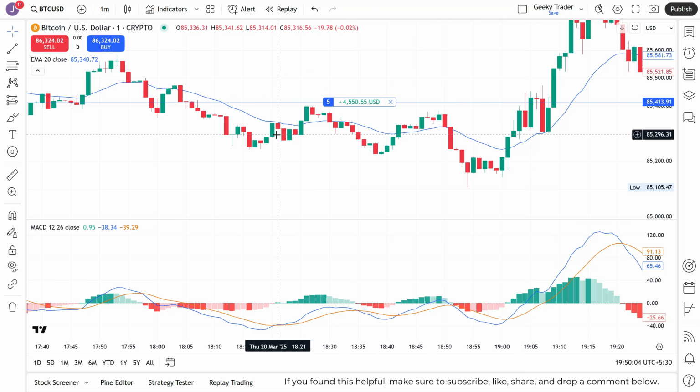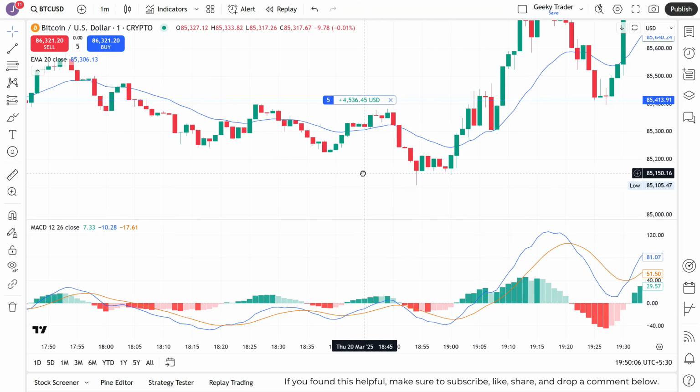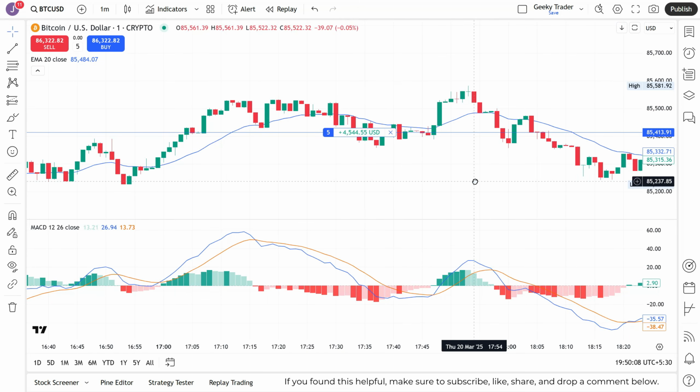This is a big red flag. If the price doesn't break and close above the 20 EMA, it means there isn't enough bullish momentum to support the trade. This is what we call a false signal, and taking trades based on this alone could lead to losses. That's why it's crucial to wait for all confirmations: MACD crossover, histogram confirmation, and a clean break above the 20 EMA. If any one of these is missing, it's best to stay out of the trade and avoid unnecessary